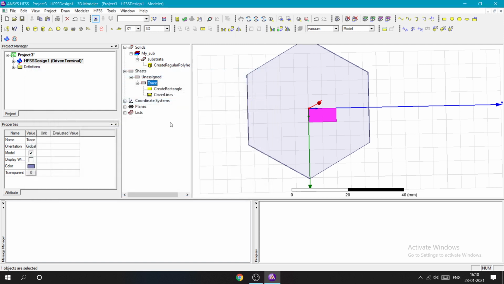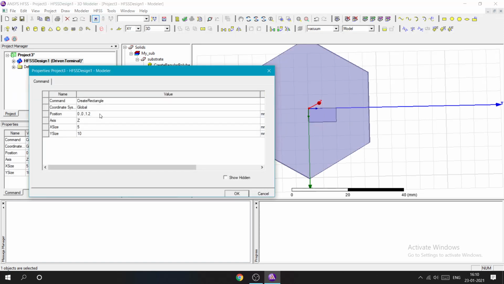After naming it as trace, we need to give the dimensions. The position of the edge is minus 0.9 and 0. Now the scale of x, the x size is 1.8, basically the width and length of the rectangle.